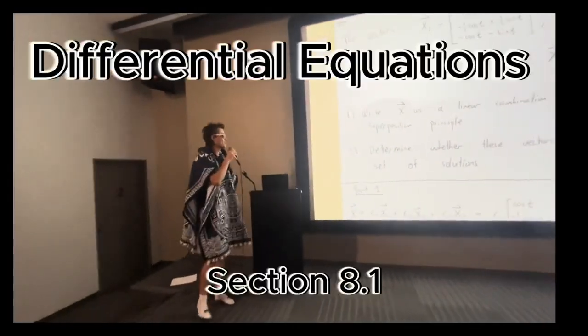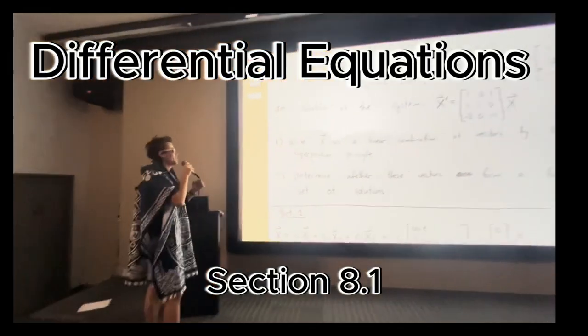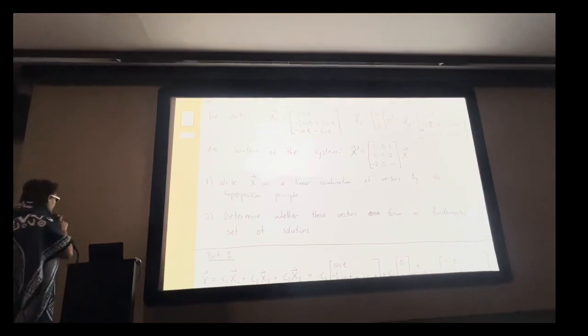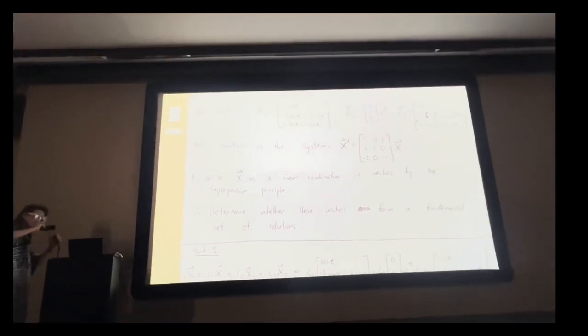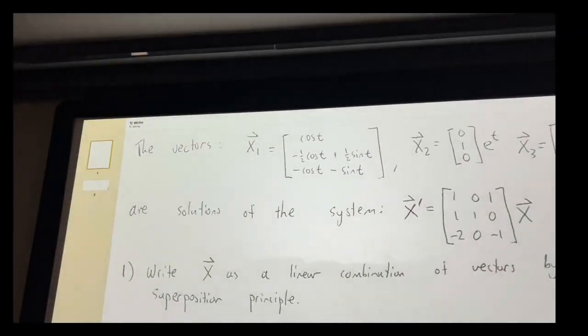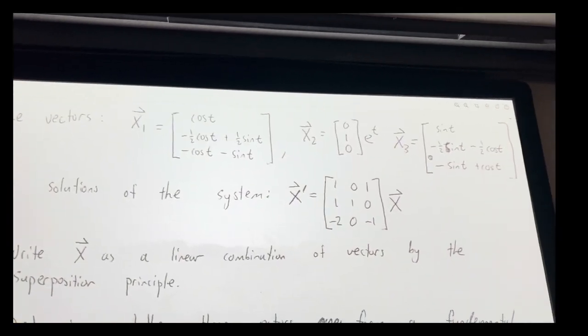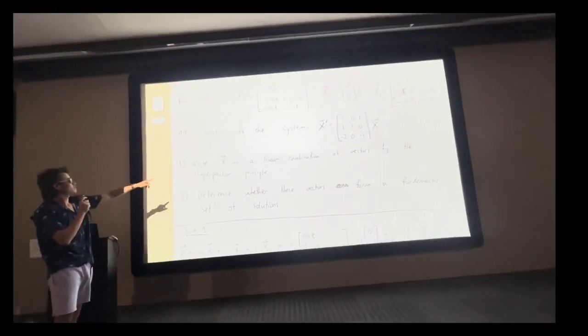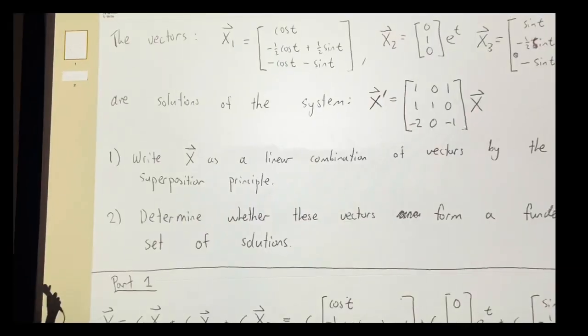Okay, differential equations. We've got three vectors, x1, x2, x3. You can see them up the top there. Take a minute to read them. Okay, so the first part is we've got to write x as a linear combination of the three vectors using